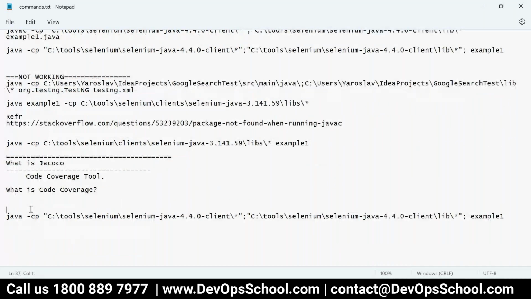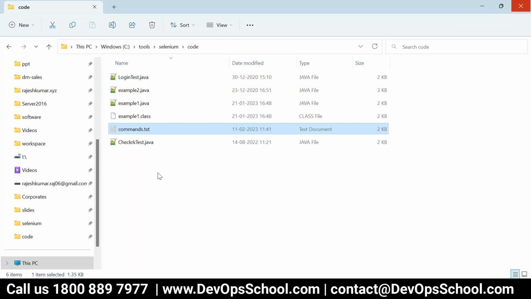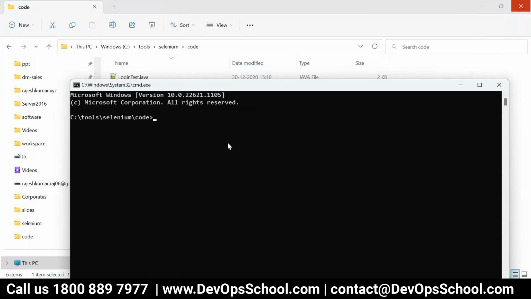Okay, this is the code. This is for compilation, and this is for running only one test case. Manually, I'm showing you. So go to the command line. Java 11 is installed and set in the class path. So let me delete the class first